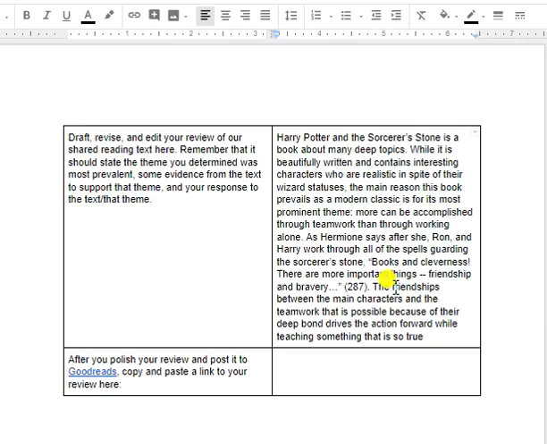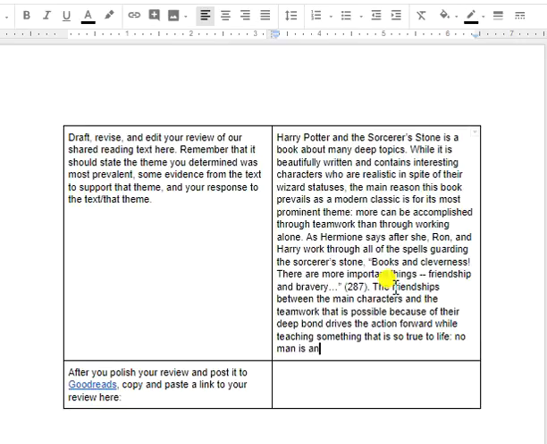while teaching something that is so true to life. No man is an island. We'll add a cliche on the end just for kicks. Alright, so anytime I write anything like this, I need to pause, go back and reread it, preferably out loud,